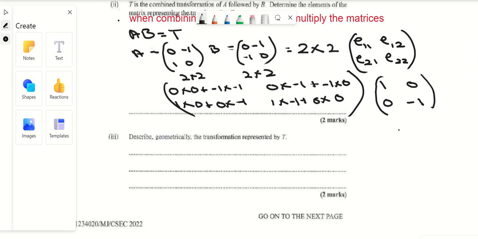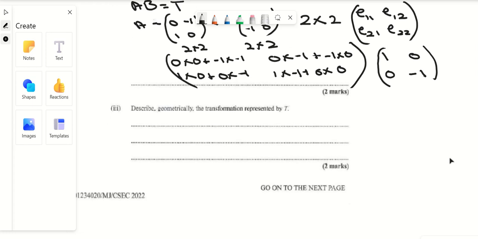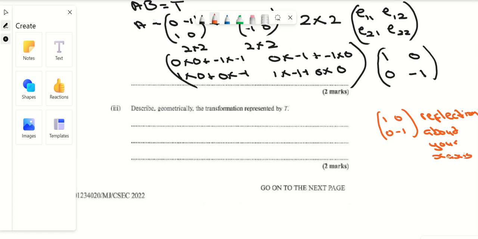Now, there is a table that you need to learn where they give you the matrices for certain transformations. And what we should know in this question is 1, 0, 0, minus 1 is known as the matrix for reflection about your x-axis. So when they say describe this, what you're going to do,